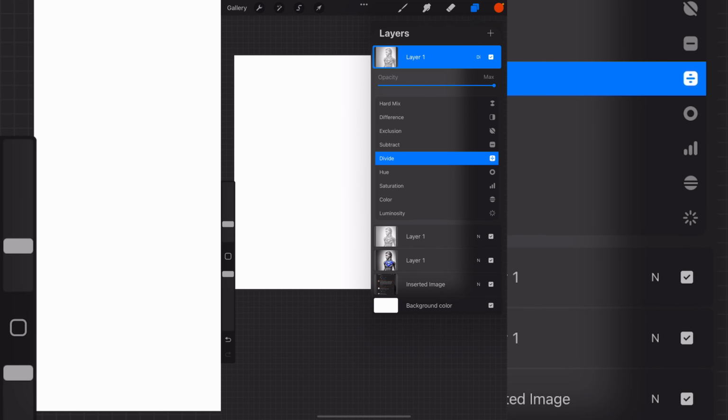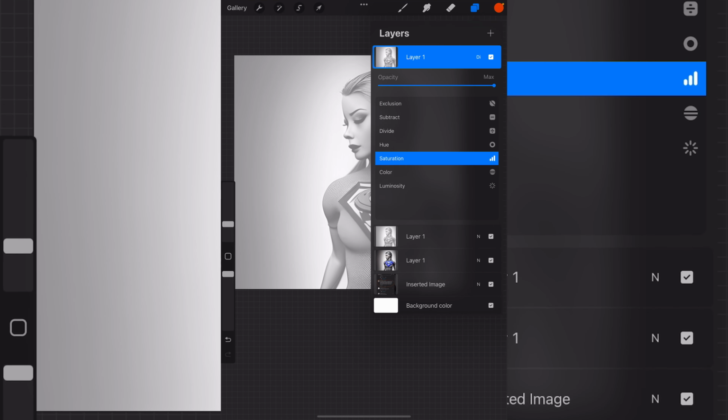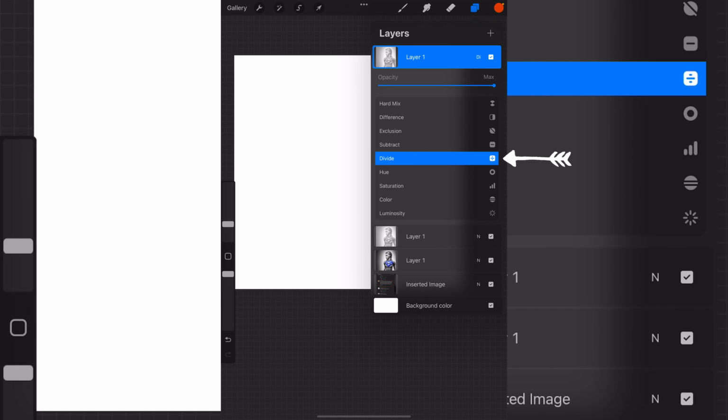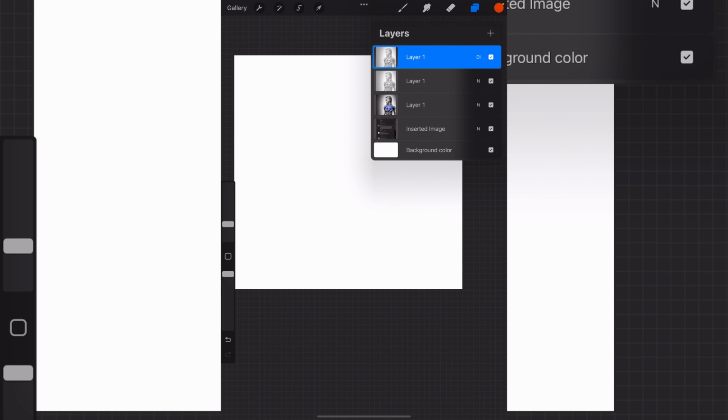And almost at the bottom, there's an option that says Divide. So that's 1, 2, 3, 4, 5 steps from the bottom. There's the filter that says Divide. Now that we have that selected, we can go back into our settings by pressing the Magic Wand tool,